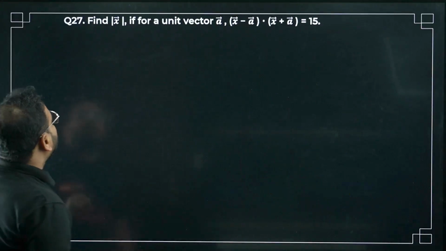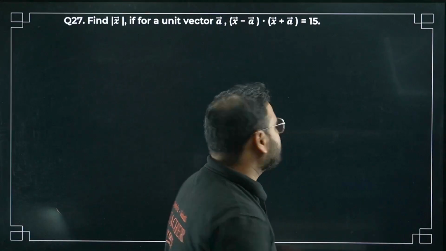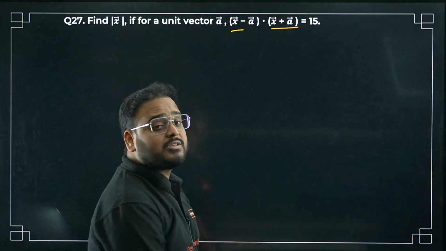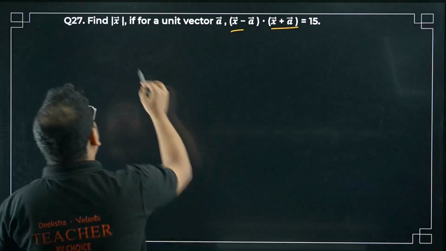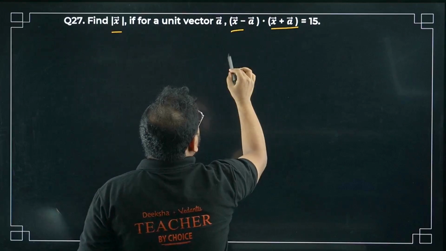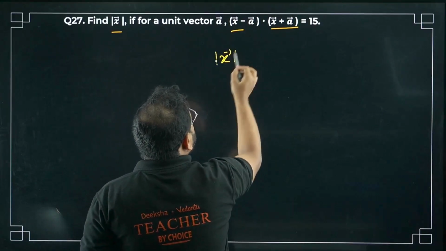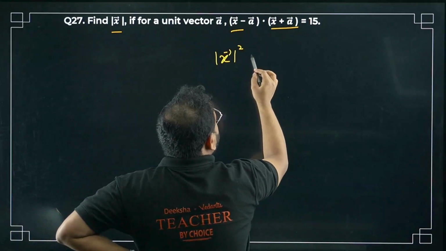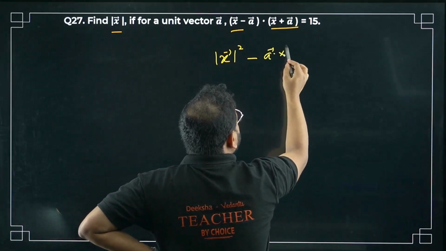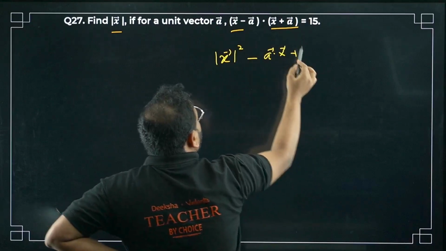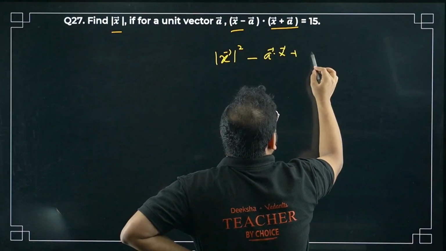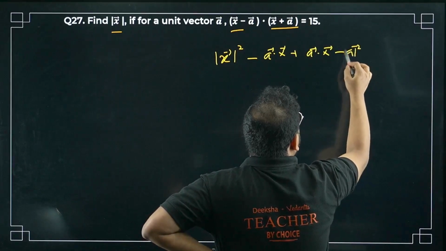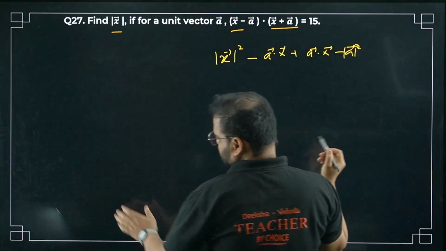27th question, very simple again. The vector form (x minus a) dot (x plus a) equals 15 is given. They're asking you the mod of x. Let's do the expansion over here. You get x square, because x dot x is x square. Again, you get minus a dot x, minus a square, plus a dot x, and minus a square, vector a the whole square,